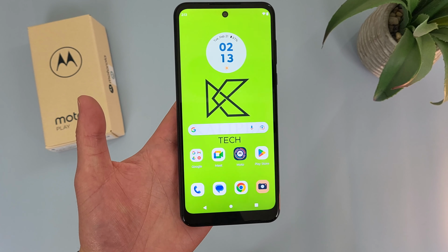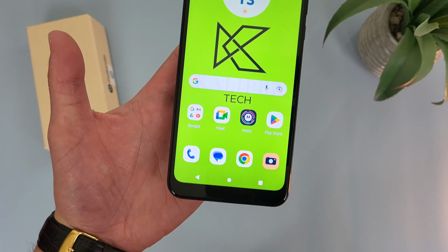In this video, I'm going to be giving you 5 reasons why you should buy the Motorola Moto G Play